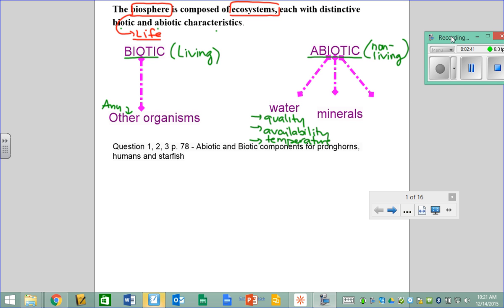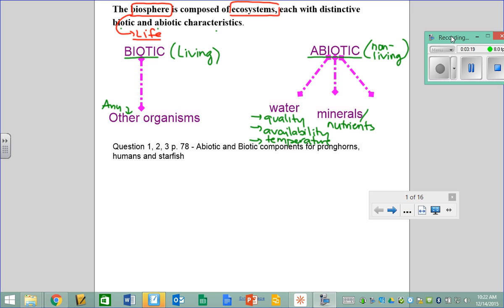I could be talking about minerals, and in the minerals category, I could say minerals or nutrients. So what types of things are available in the soil, let's say. So if we look back to chapter 2, we know that, for example, nitrogen is important. We know how nitrogen cycles. We know that phosphorus is important. Carbon is important. Those are just a few of the main ones, but there are hundreds of minerals that organisms use for their survival. And we could add a bunch of other things in this abiotic category, depending on what the organism is and what their ecosystem is.